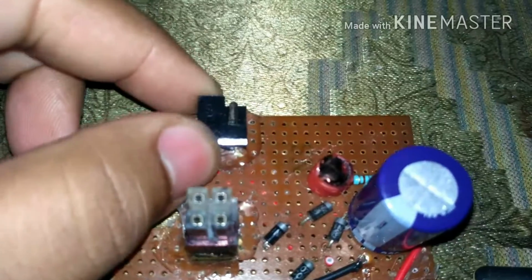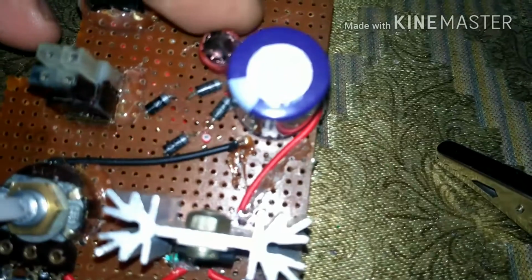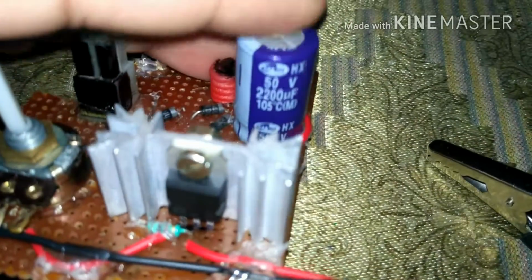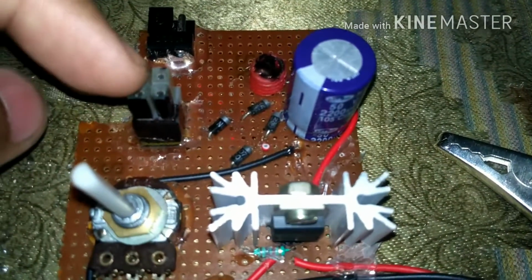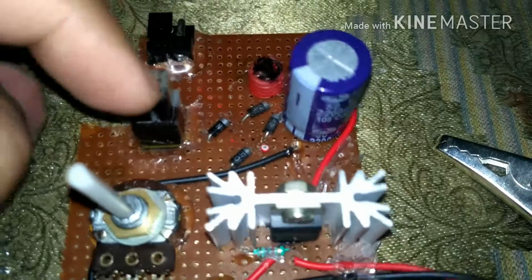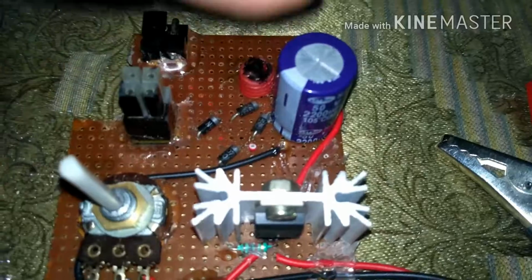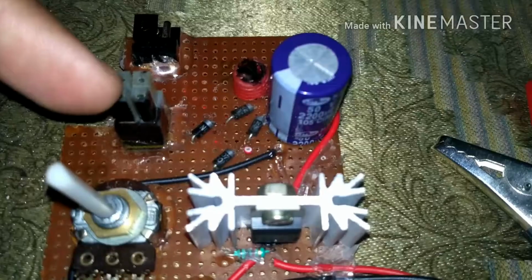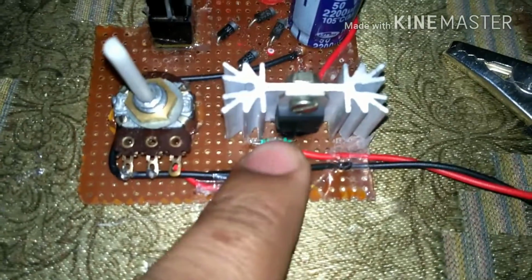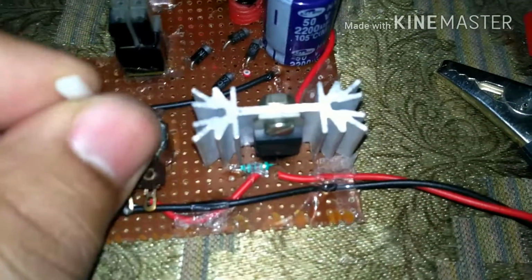Now I'm gonna show you what I have here. This is the DC input from the transformer. This is the bridge rectifier, 4 diodes, and this is an indicator LED and a 2200 microfarad 50 volt capacitor to smooth out the current. This is out from the transformer. This is not variable, it's direct 12 volt coming out of the transformer, rectified current coming out of the bridge rectifier and the capacitor. And here I have the LM317, and from this potentiometer we can control the